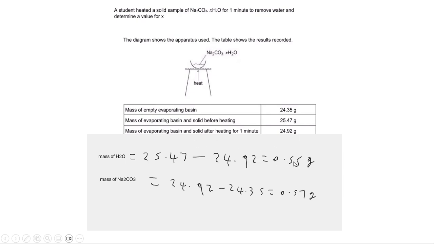That's going to tell me the mass that was given off, which is the water. So that's 0.55 grams. Easy. Before heating, after heating. Bang. Gives you the thing, yeah? Mass of